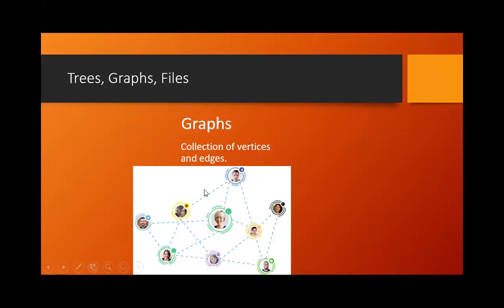See, a collection of vertices and edges. Look into all these photos, the thumbnails of persons. These are vertices. And each of these vertices, think that these are the data. These data are connected through something called edges. These dotted lines here indicate that it is an edge.